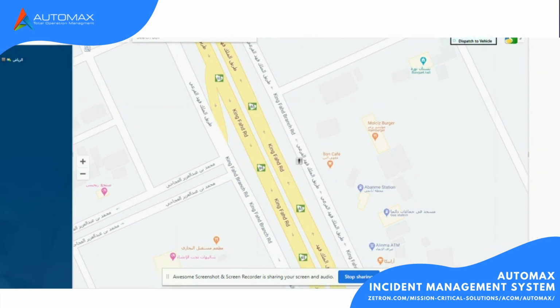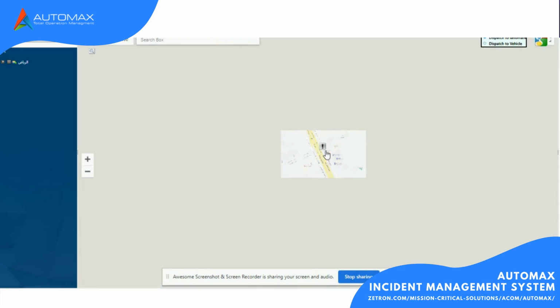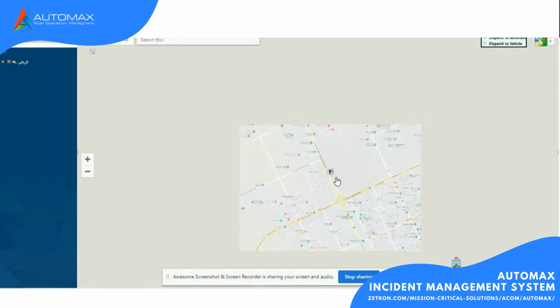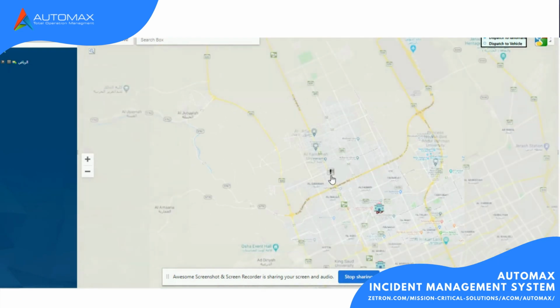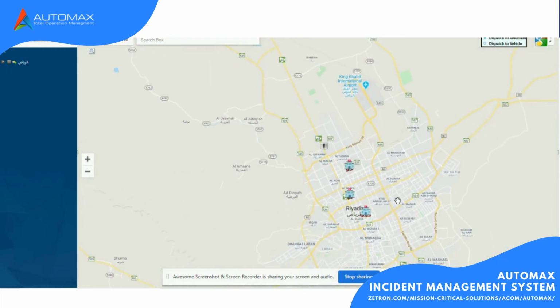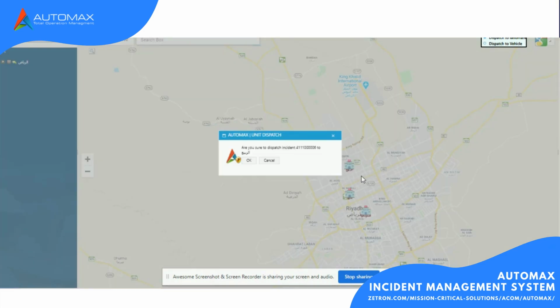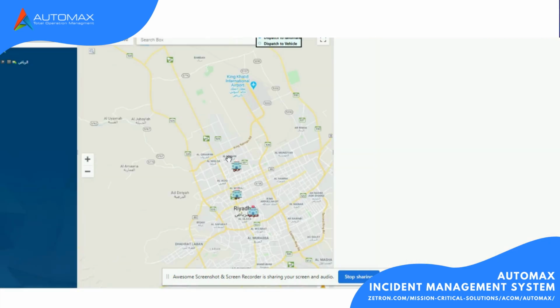So in this screen, we can see on the map the incident location, and we can dispatch it to the nearest emergency center by clicking on the incident, dragging it, and dropping it on the station. As soon as we drag the incident and drop it on the emergency center or emergency station, we are going to get a live footage of that center, which is being recorded